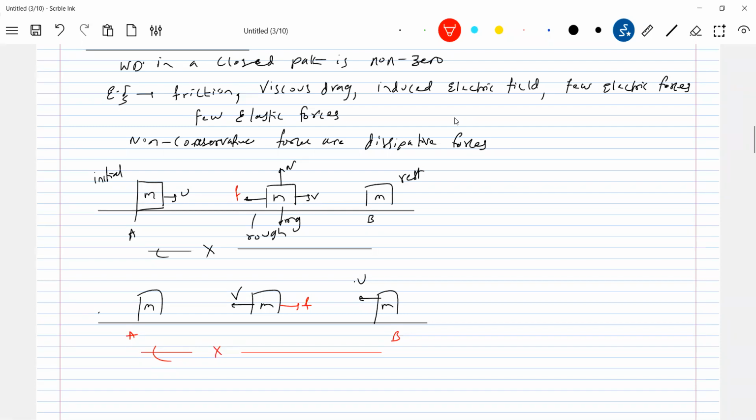So what is the work done by the friction when it moves from A to B? Equal to one-half mu square minus one-half mu square. So at A you give kinetic energy and at B it comes to rest. Again at B you give kinetic energy, and again at A it has come to rest. So what happened to the kinetic energy given? Did it get back, did it return back to A? Nothing, no?